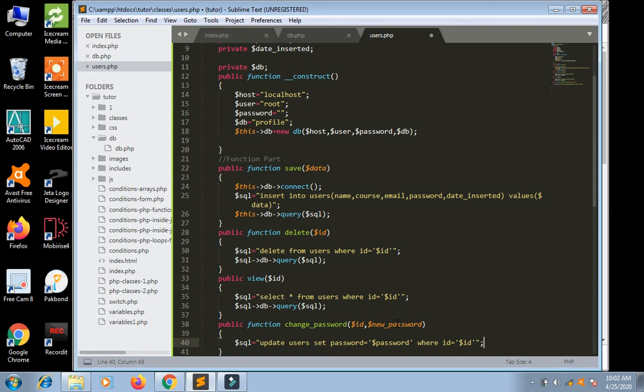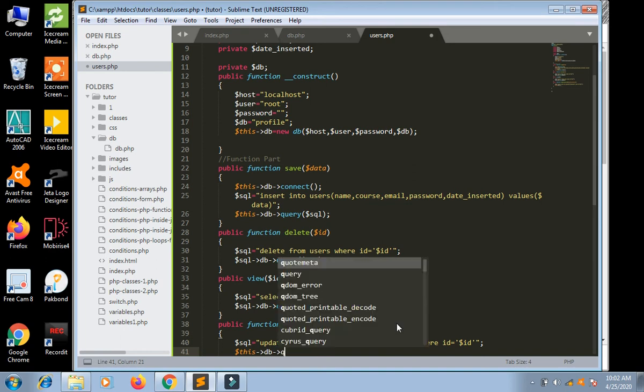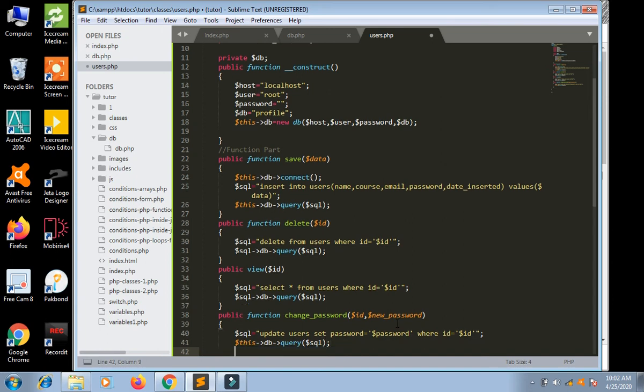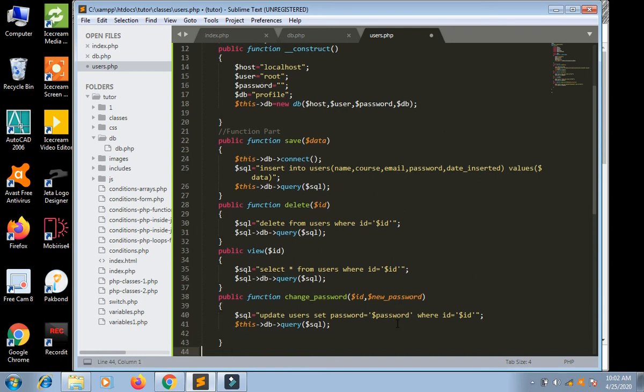Now I should pass this to $this->db->query, and pass this $SQL. This is how we change the password. Update the user field, and we have view with the ID, change password, delete, and save.